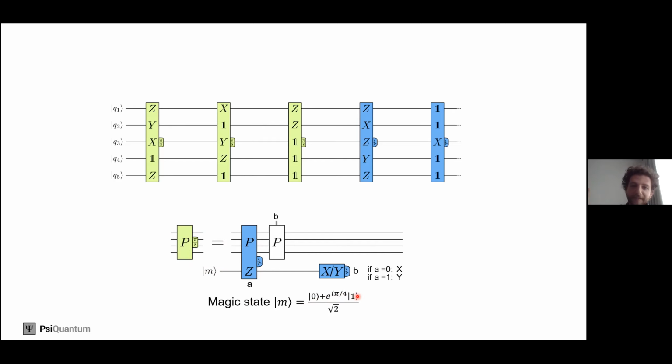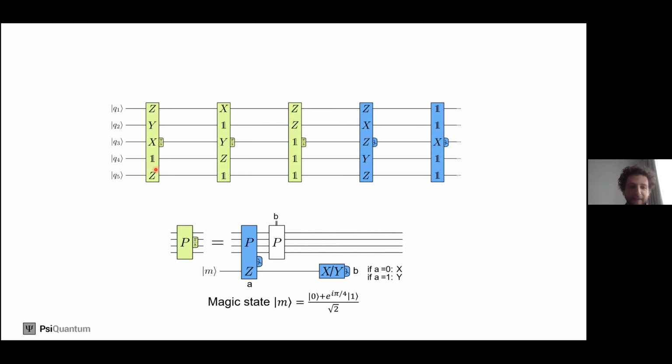So it's a plus state on which you've applied a T gate. And then you just need to perform a multi-qubit measurement, P times Z. Based on this measurement outcome, there's also a single qubit measurement, which depending on the outcome is an X or a Y measurement. Based on this outcome, there's a Pauli correction, but Pauli corrections are just classical corrections, so they're not real operations. That's just to say that there's a circuit identity that you can use to replace, for instance,